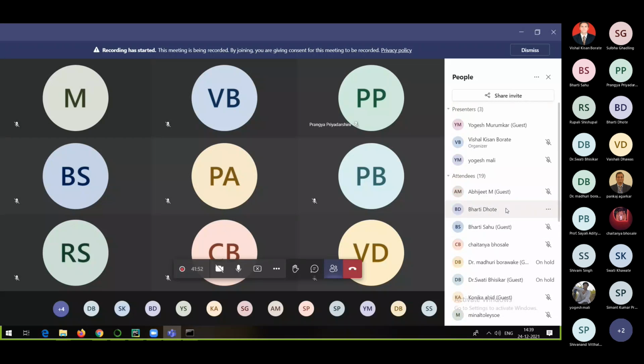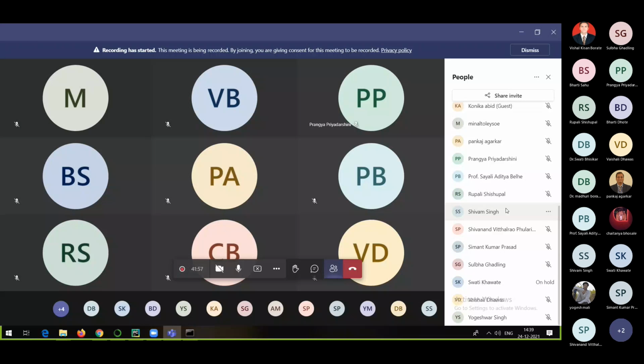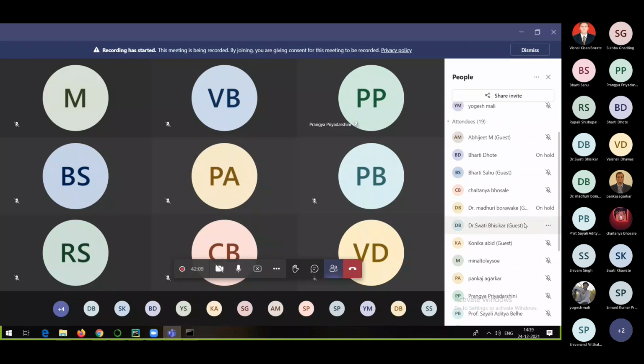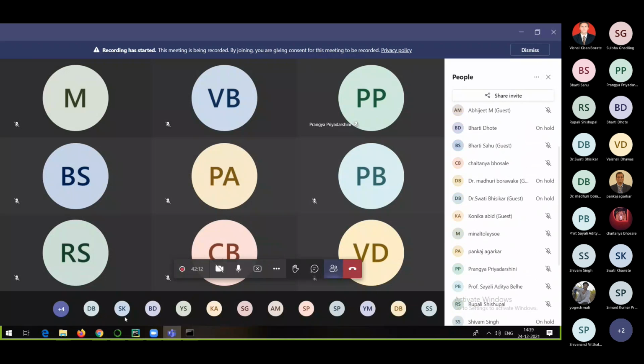I can say that today the number is somewhat more as compared to yesterday. I know many of you are working, but what to do. Or maybe you might be doing it already, everyone. As I already discussed, I can see that there are some new faces today, some new names today. I have already discussed this one.